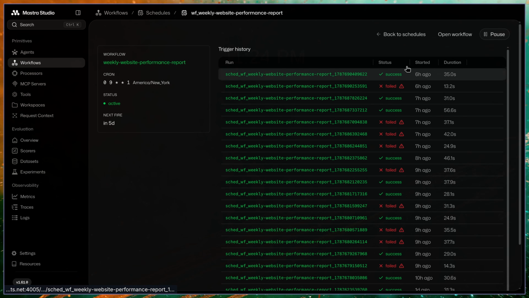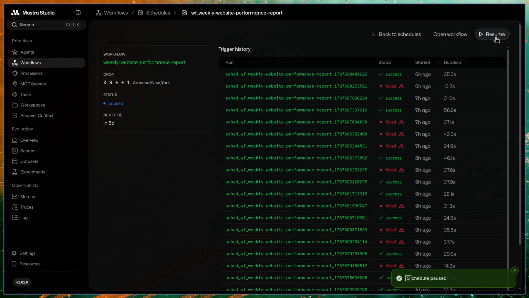We can go into the schedule itself and see the trigger history. So here was me kind of testing out this schedule for myself over time and how long it's taken and things like that. And so you can always see the history of all of the runs that it's been going through inside of Mastra Studio, as well as all of the things that you have scheduled. You can even go ahead and click pause here to pause this so that the next time it doesn't run. And so even if you restart your session, your agent, your Mastra instance, it will go ahead and remain paused for you. I'm going to go ahead and resume so that it comes back up.